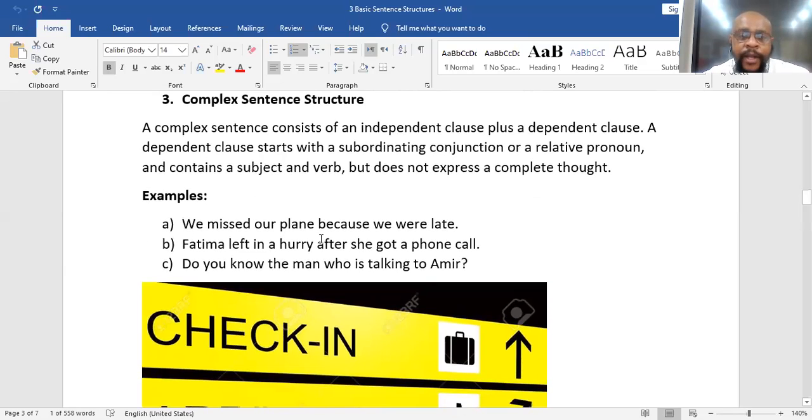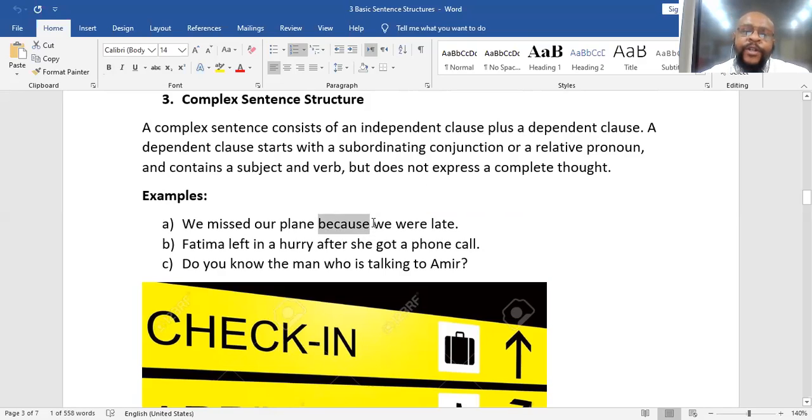We missed our plane because we were late, right? So "because" would be the subordinating conjunction, right? So if we say we missed our plane, right? That is a complete sentence on its own. We were late. That